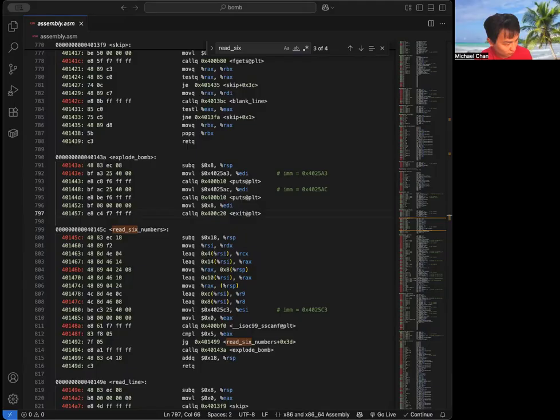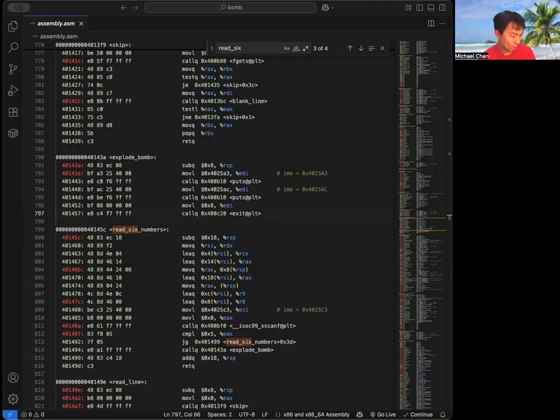Now we're going to want to set a breakpoint at phase 2, so just type in b phase_2, and then we're going to want to run the program. However, we're going to want to run the program with our answers.txt file. So you type in r answers.txt, you hit enter, and as you can see, here's the welcome string,